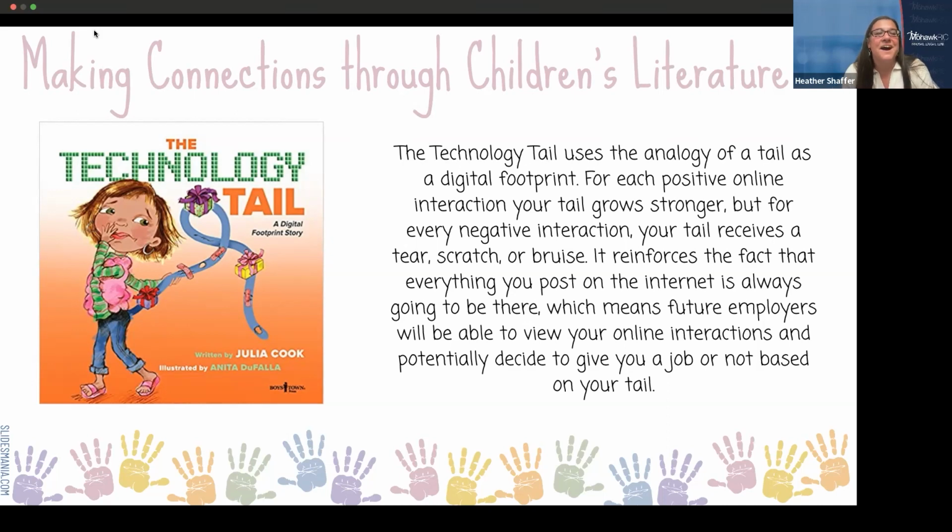I'll just keep talking. So, making connections through children's literature. The book, The Technology Tale, is a really great one because it has the kids, even at the youngest age, really look at their digital footprint and what makes a positive digital footprint and a negative digital footprint. And it really makes it applicable because you can see the tail on there is full of band-aids for negative things and gifts for positive things and stuff like that. So anyway, Kristen came up with this great activity on the next slide